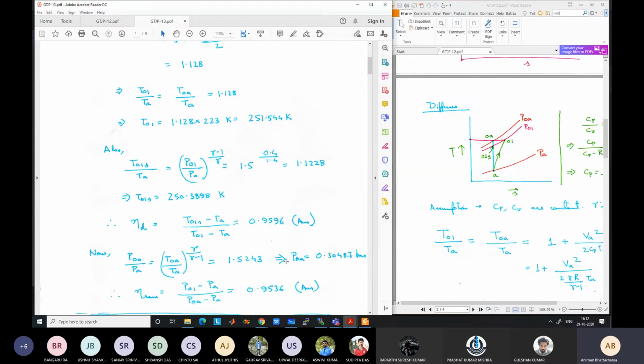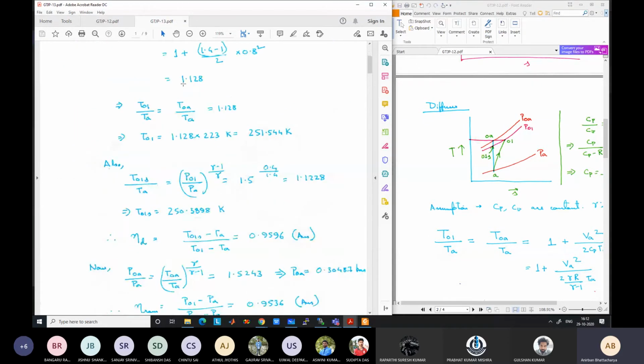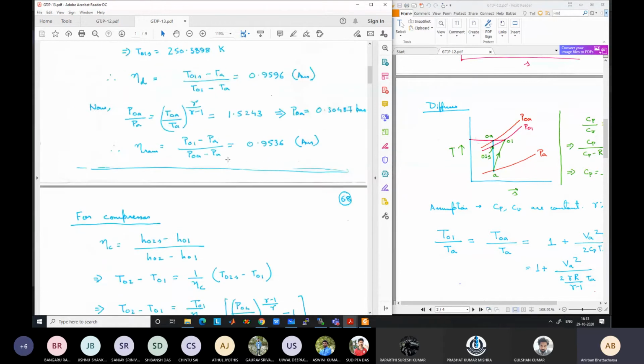Okay, similar way you can calculate. So here I have just made a very small problem, but in actual problems, this will be just the first part of the problem. Means if you are calculating for a turbojet engine, the diffuser is only one part of the total problem. Then you have to calculate for compressor, combustion chamber, turbine like this. We will go through some calculations, but this is just to illustrate how the different quantities are related. Any questions on this?